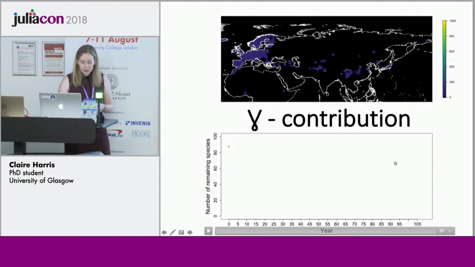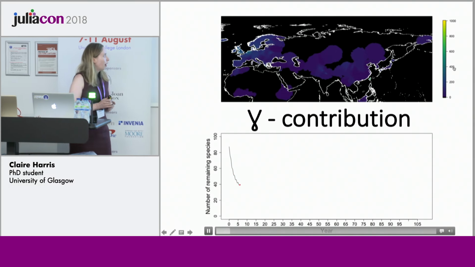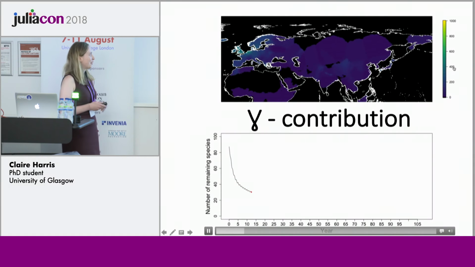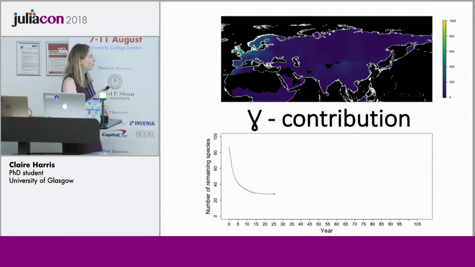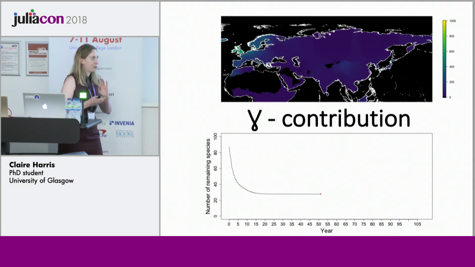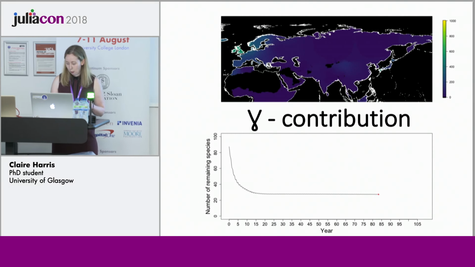And then the final one that I talked about is this idea of contribution, a combination of the diversity and the distinctiveness of the patch. Now what we can see is, yes, Europe comes out quite strongly, but there are also areas in the rest of Asia that are being picked up. And if we look at this overall, it gives us a rough idea of the number of species in the system. What you can see is we started out quite high, and this dropped down and has come to an equilibrium around the number of species it can support.